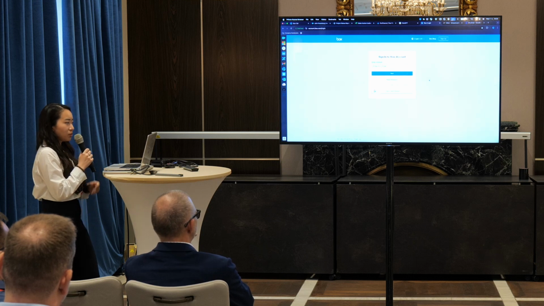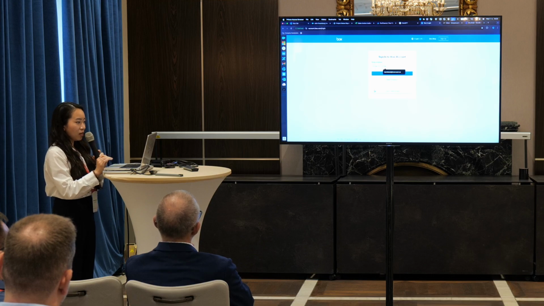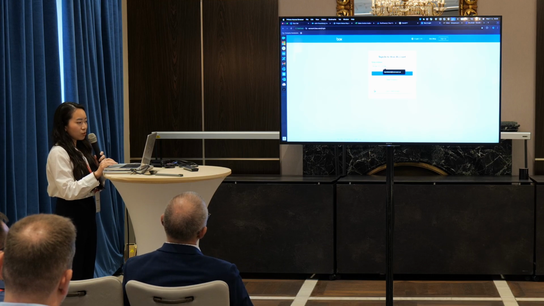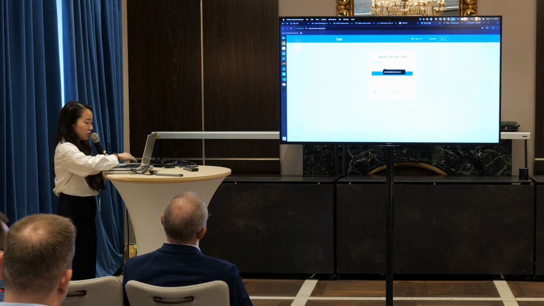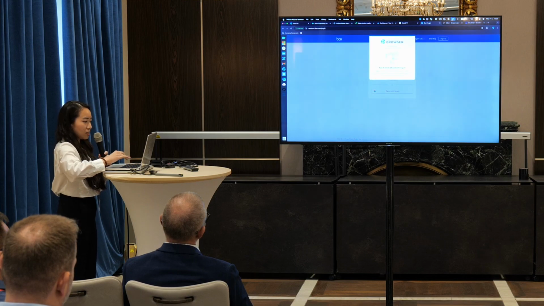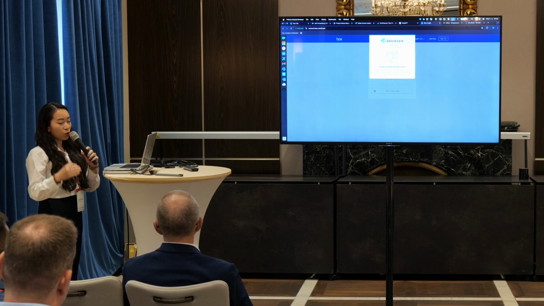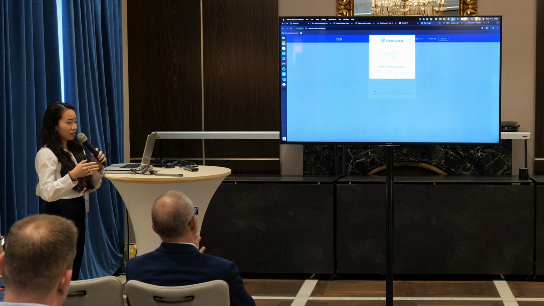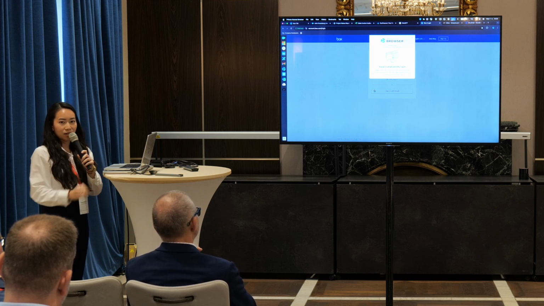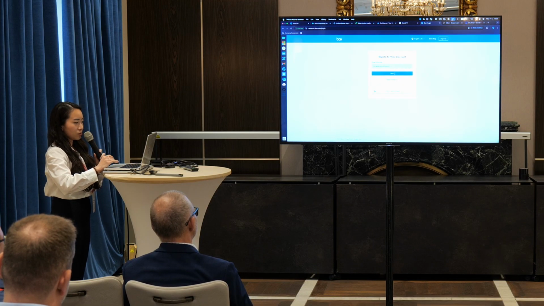Then, for example, here we have Box, which is another sanctioned application. If you, for example, try to type in your personal account, it will not allow you. You can set a policy in place where only your corporate credentials can be typed into your sanctioned corporate applications like this. If I try to enter my corporate